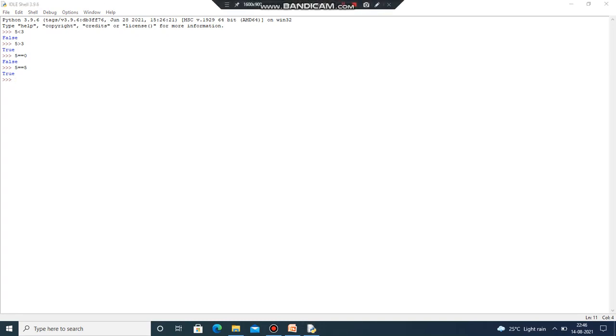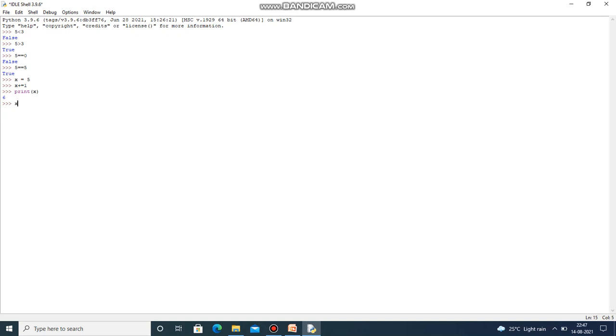Okay, the next is the assignment operators. Let me give x equals 5. Next I am going to give x plus equals 1. Now let's give print x. It is going to print the value of x right now. It is 6, right? Because it did 5 plus 1 here. So the first assignment operator, equal to, is assigning the value 5 to the x variable. So these are the two of them.